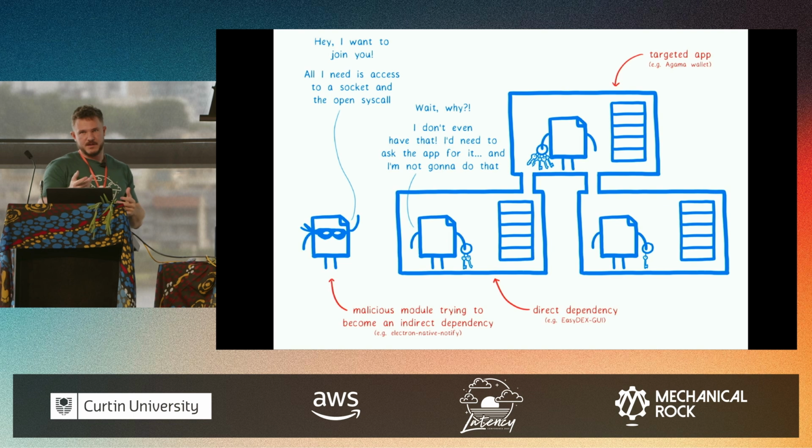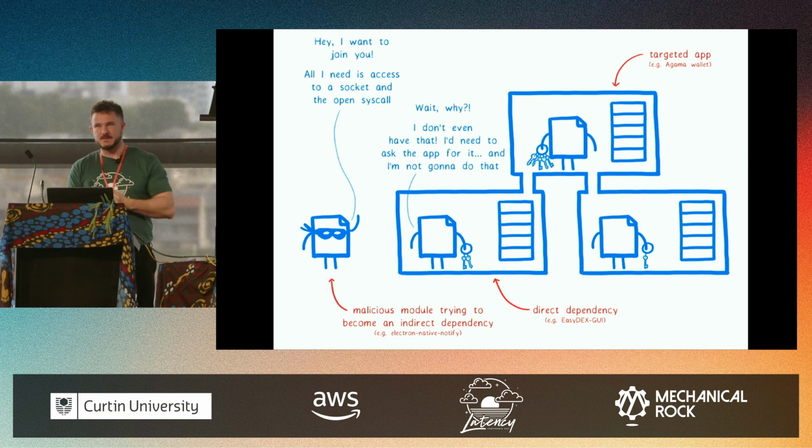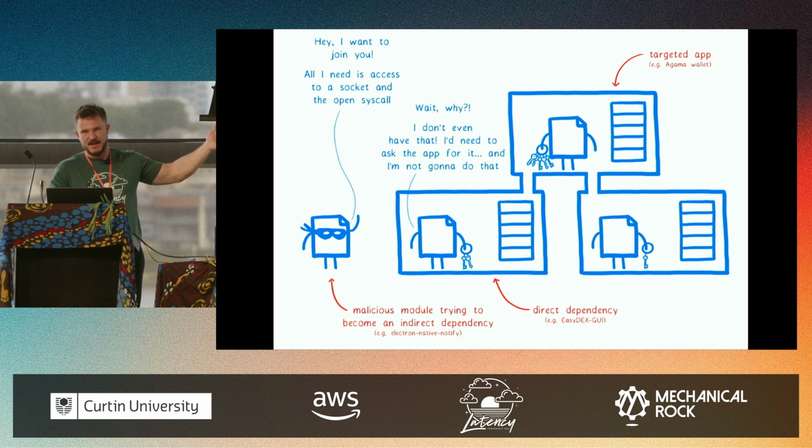And so one of the examples they go through in the blog post is a crypto wallet, Agama, that was attacked last year, and over $150 million of crypto was stolen. The way they did it was essentially infecting one of the transitive dependencies of the app and waiting for the new version to be released. And then that was able to go and steal the seeds for the wallets directly out of the application and